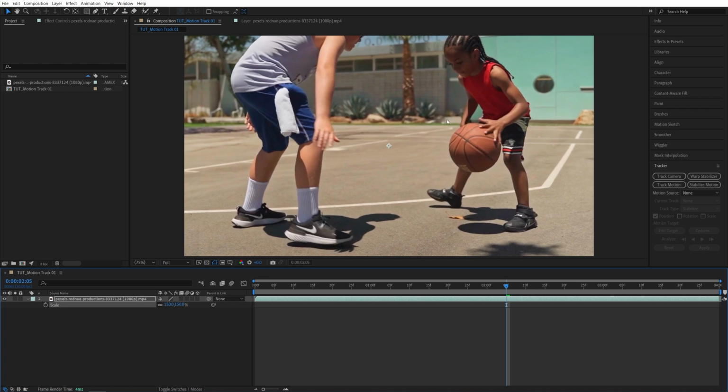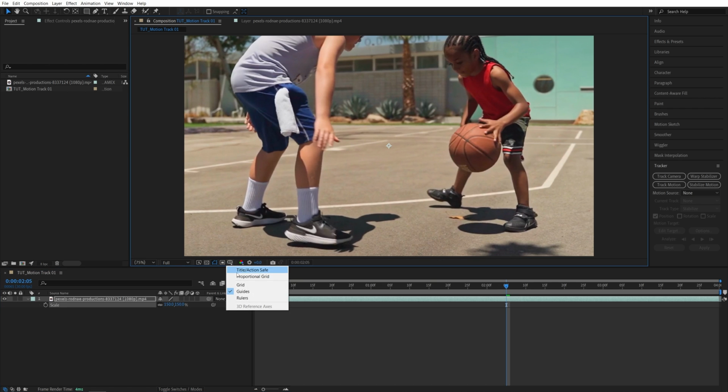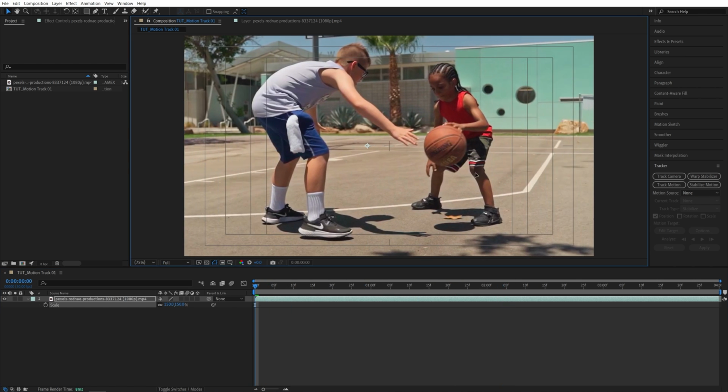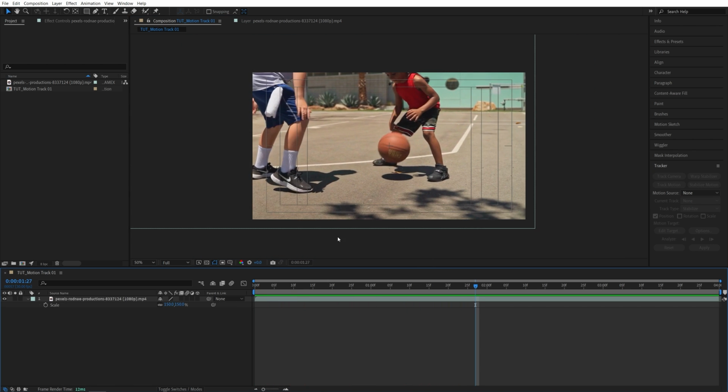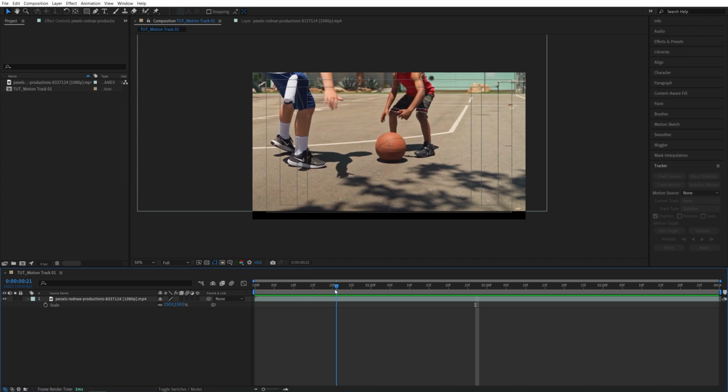And ideally, you would want the object that you're tracking to be in the center of the video. So I'm going to enable Title/Action Safe. Then I'm going to move the video until the ball is in the middle. So I'm going to go to the very first frame and then reposition the video. Now, if you play this, you'll see that we've minimized the amount of blank space, but in some areas they